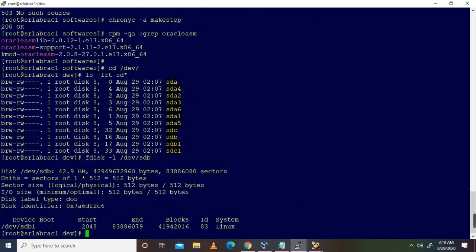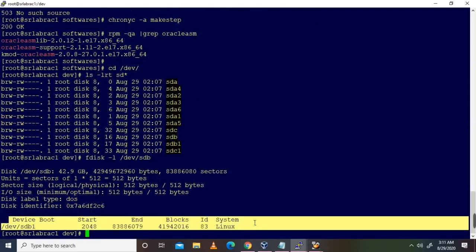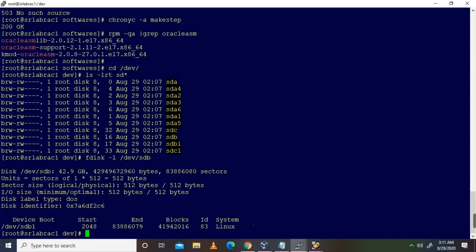You can see this is 20 GB with partition sdb1. Okay, we already have one partition sdb1. So I have already created the partitions. So now what we are going to do,